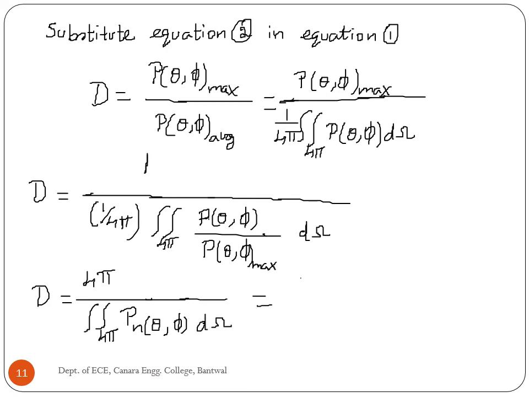That is 4 pi divided by the integral over the normalized power pattern over a sphere, which is the beam area. So directivity from beam area is 4 pi divided by omega A,